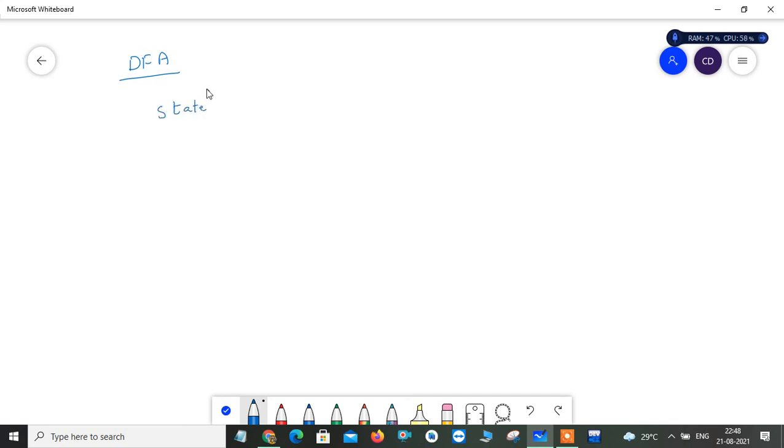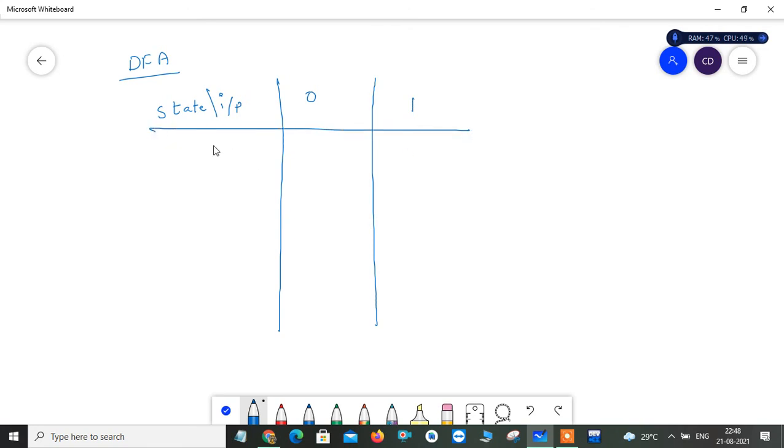The equivalent DFA transition table will consist of all your previous states from the existing table, so don't forget that. And from that you have to add all the new states also. So see here, from my given question, the states are Q0, Q1, Q2, Q3, and the new states are Q0 Q1, then Q0 Q1 Q2, Q0 Q1 Q3, and Q0 Q1 Q2 Q3. So these are the things you are taking.